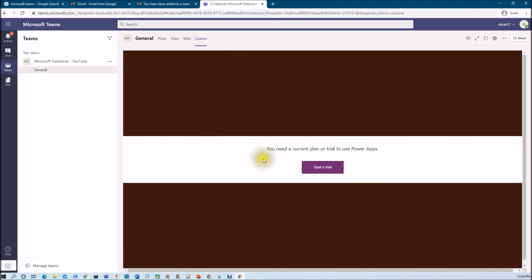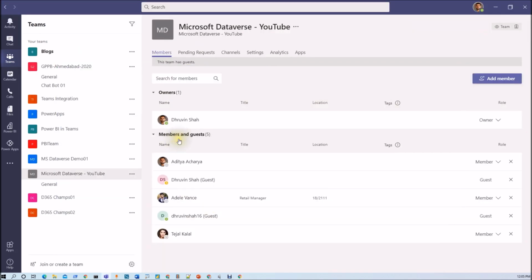So basically, if your guest user has a business account and any Power Apps trial has been activated, they will be able to access and use the Power Apps. But for any Gmail or Outlook users, we do not have any active subscription of Power Apps, so they are not able to use the Power Apps. So I hope this is clear for you now. You can add as many guests as you want into these particular teams. They will be able to access the Power Apps. The only condition is that they should have at least a Power Apps license activated in their tenant or for that particular user. Otherwise they will not be able to access the app.